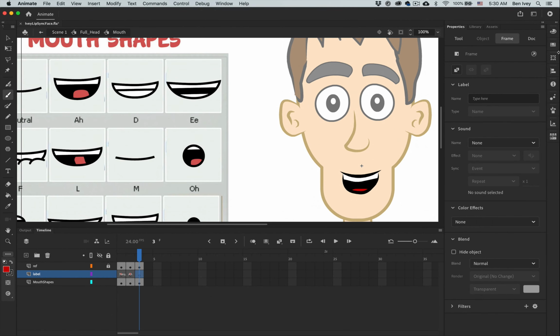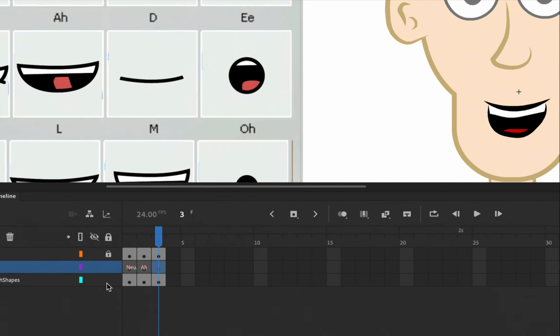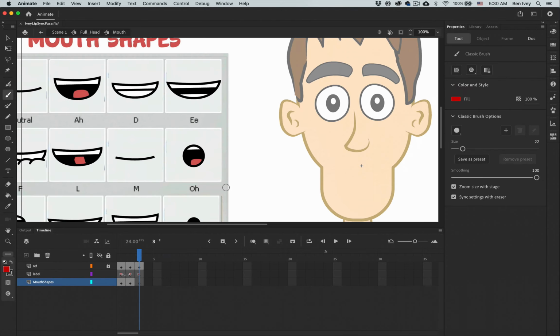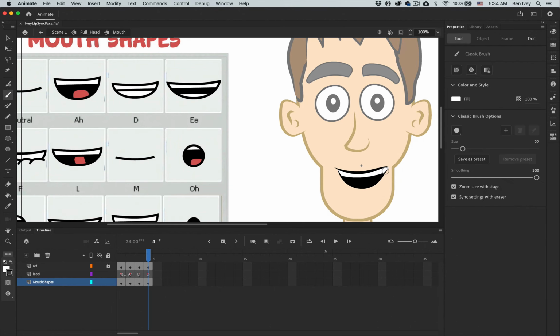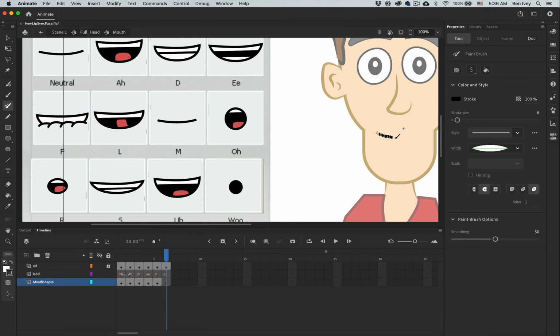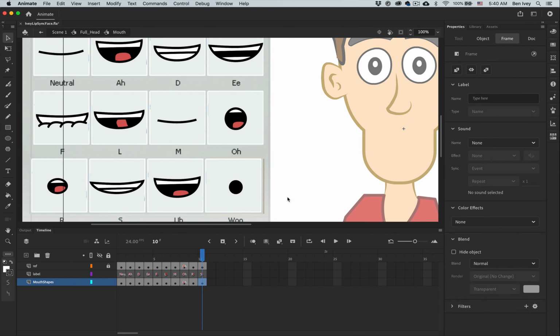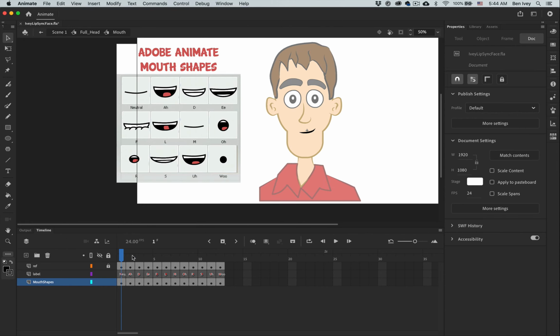In this case, we're doing a D. We'll go to the frame properties, type in D. Then we can go down to our mouth shapes layer. Let's get rid of everything on this layer, so delete it away. And then use your drawing tools to draw off this mouth shape. Repeat this process until all of the different mouth shapes are created. Alright, now with this done, you can see there should be 12 different mouth shapes, each one on its own